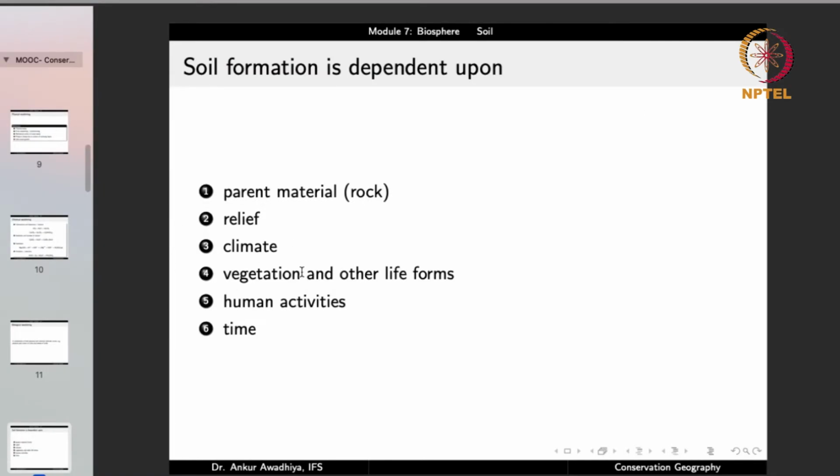It is also dependent on the relief of the area, which means what is the difference between higher elevations and the lower elevations. Now, if an area is a flat land, in that case, we will not find water that moves at a very fast speed. Whereas if the area has a high relief, so there are certain areas that are very high, there are certain areas which are very low, in such cases, water will move at a much faster rate.